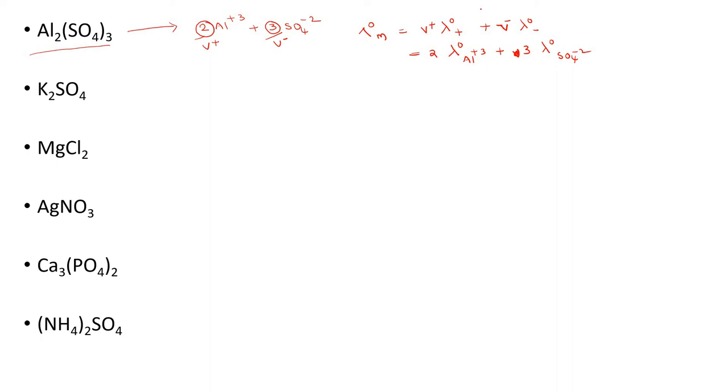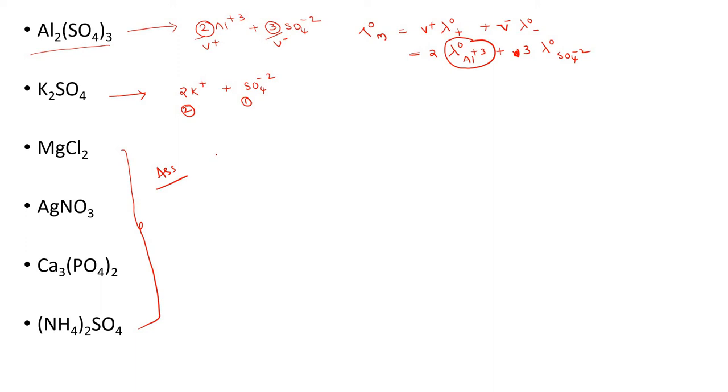So in the examination they will give these values. Put these values in this equation, and you will get the answer. The remaining ones you can also do very simply. K2SO4 dissociates into 2K plus and SO4 minus 2. Here how many anions are there? Only one anion. How many cations are there? 2 cations. In this way you do the remaining problems also. These 4 are actually your assignment. Take them as an assignment. First of all, dissociate into ions.